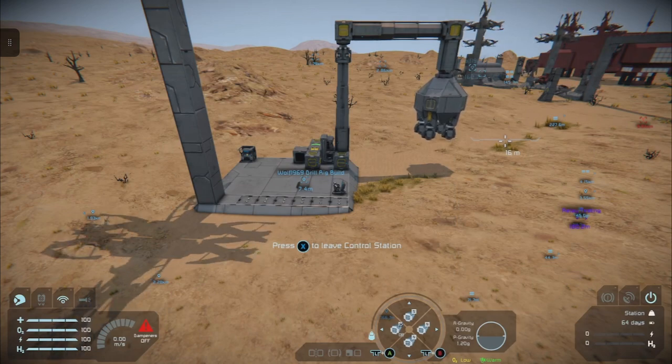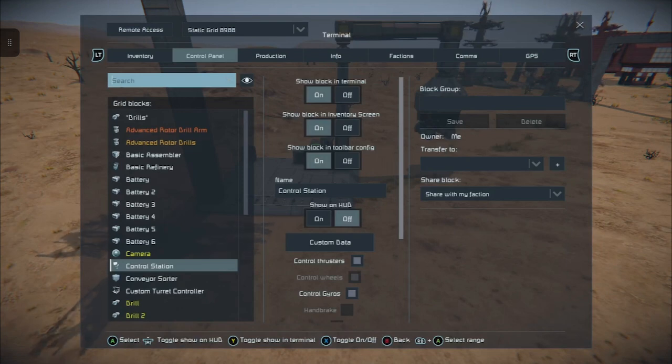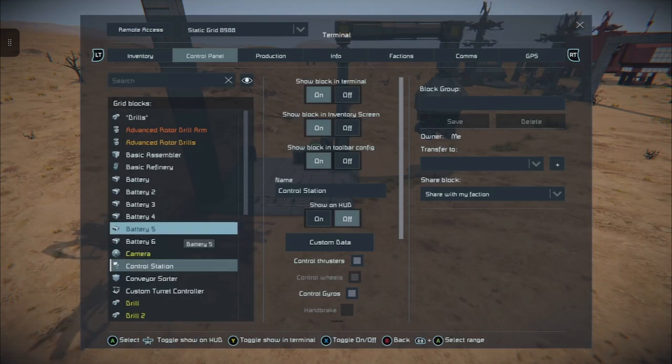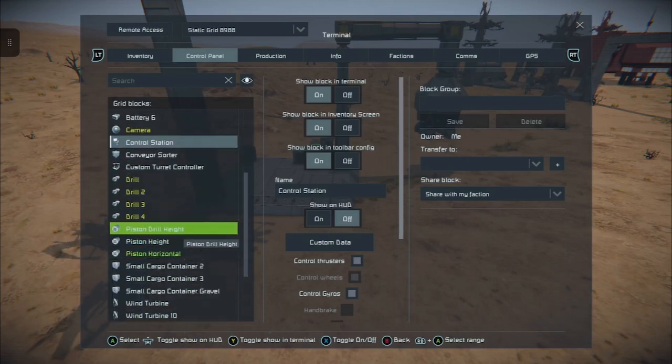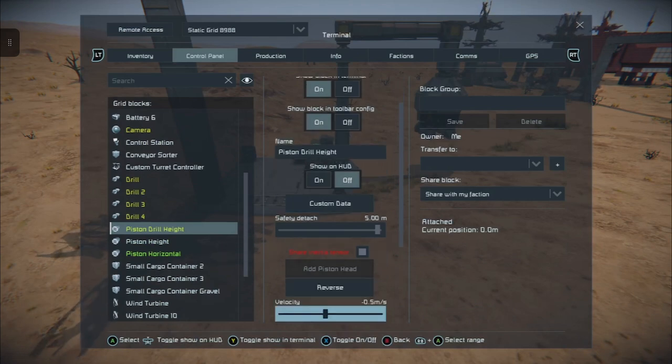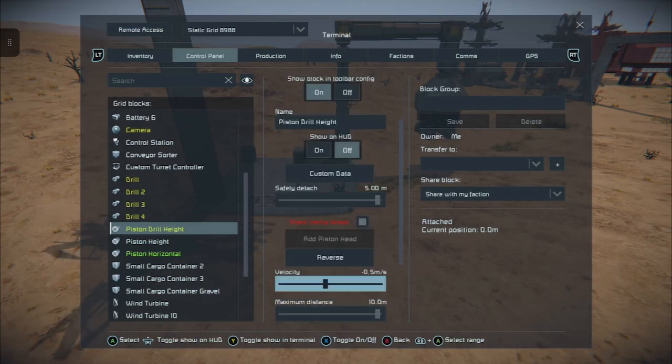Going a bit too fast. So again, come into the settings of piston drill height. And we want to come down to our velocity. And we just want to bring it down to 0, minus even .1.